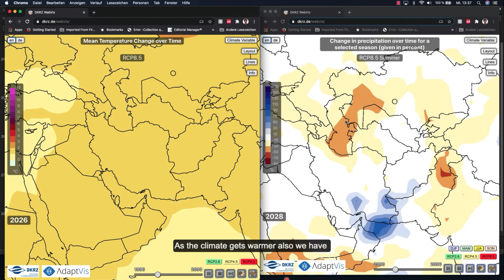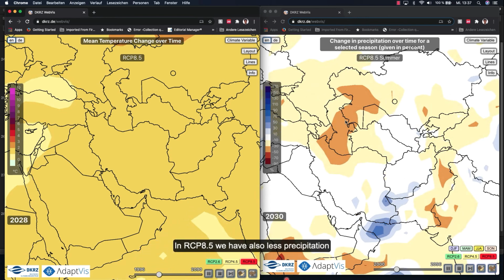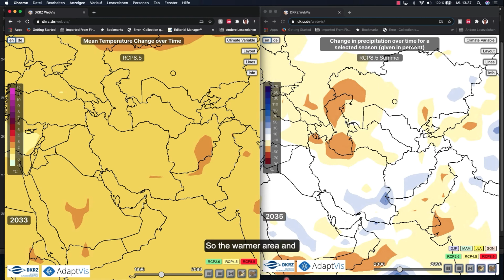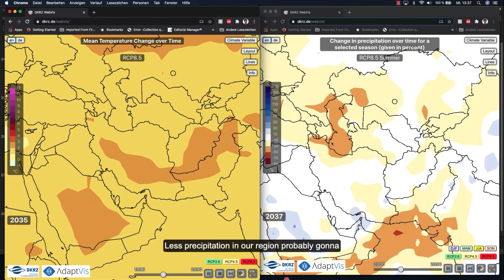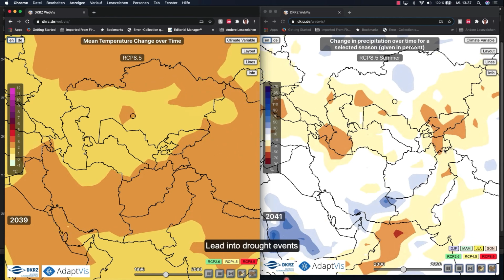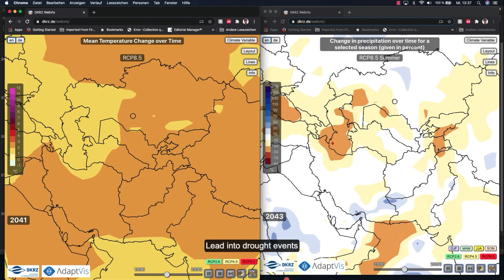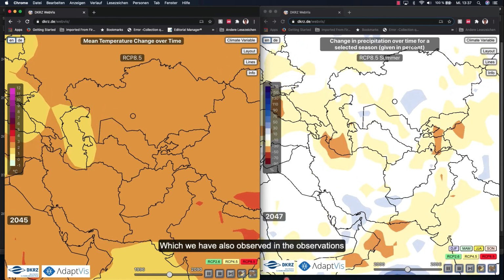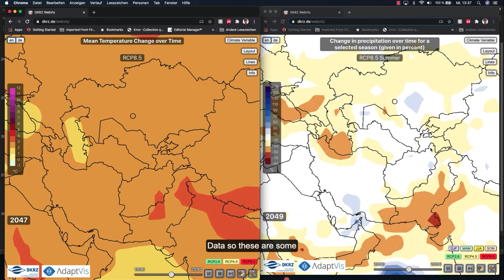Also in RCP 8.5 in summer we have less precipitation, so the warmer area and less precipitation in our region probably are going to lead to drought events, which we have also observed in the observation data.